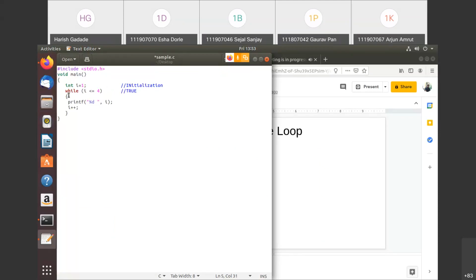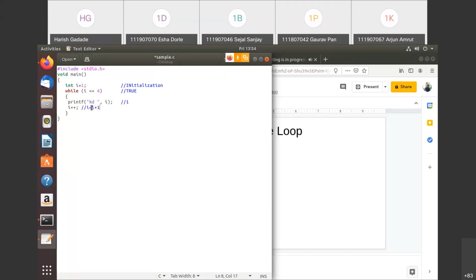If it is true, then it will enter into this body. What is the statement here? It says print whatever the value of i is. So I am printing, suppose, 1. And here I am incrementing. This is equivalent to i equals i plus 1.